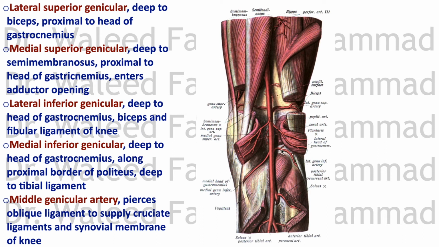See that? The medial inferior genicular runs along the upper border of the popliteus muscle, as you can see here, and runs deep to the tibial ligament, or the medial collateral, or the tibial collateral ligament, or the medial ligament of the knee. The middle genicular pierces the oblique ligament on the back of the capsule of the knee and enters to supply the cruciate ligaments and the synovial membrane. So these are 5